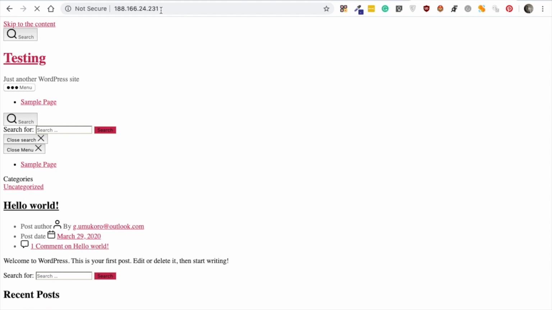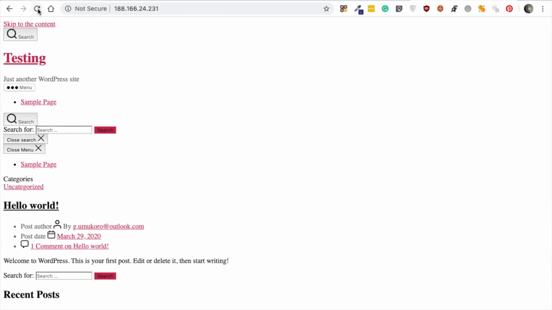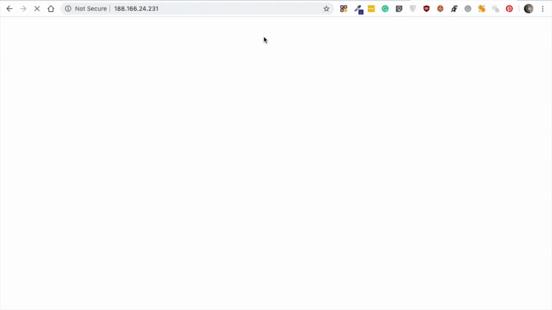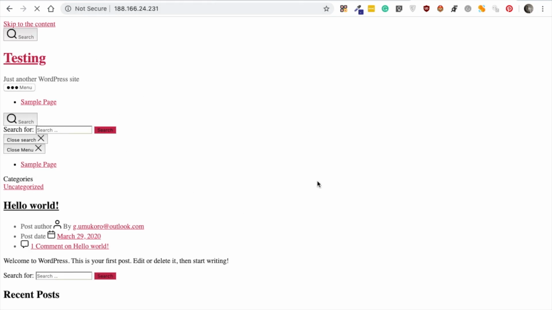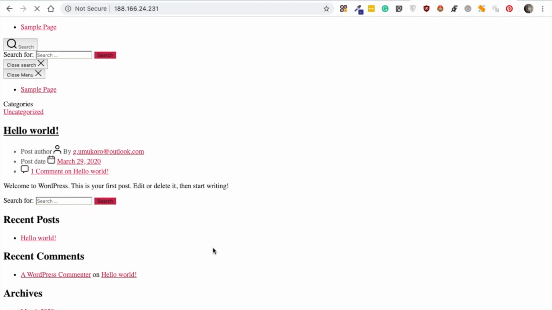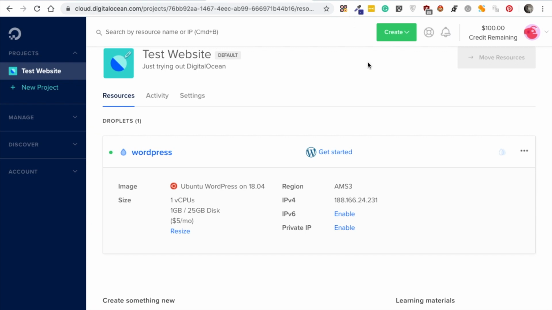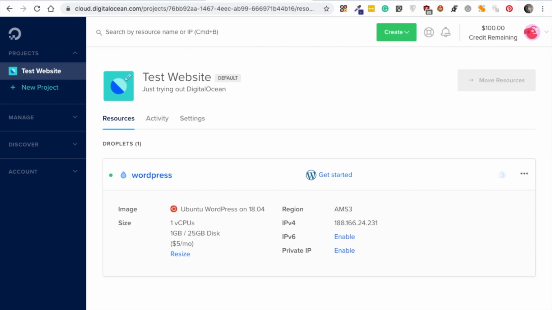I guess my internet connection is a bit down, that's why it's loading like this, but you get the idea, right? So we're able to install WordPress on